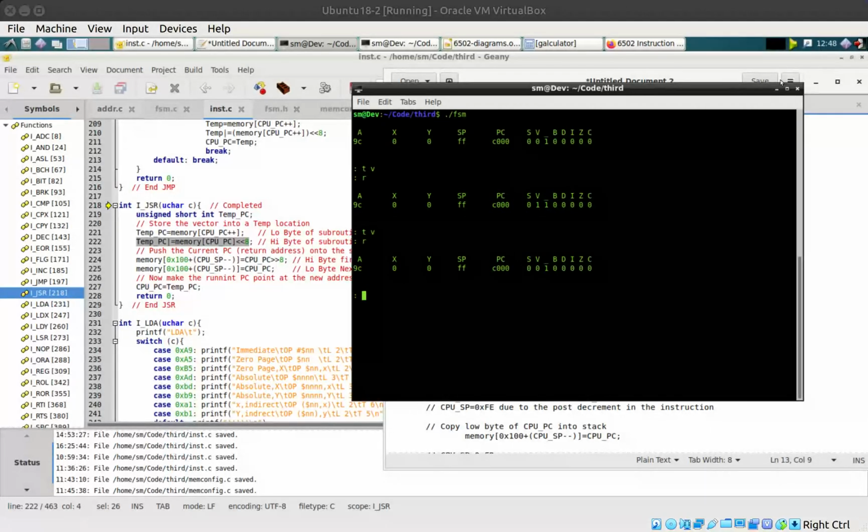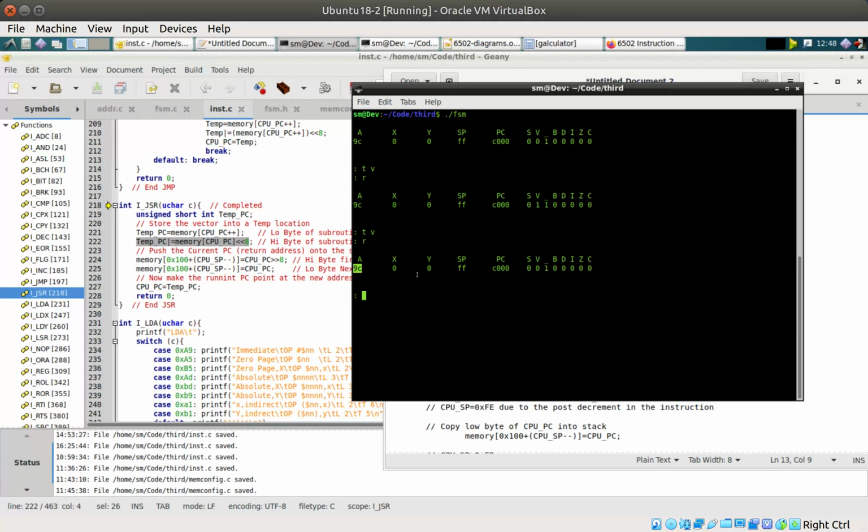Okay, so in the previous video we did a quick overview of what had changed within Phase 3. In this particular video what I'd like to look at is the specifics of one of the instructions that was written, which is the JSR instruction. But just as a quick recap, on startup the accumulator is set to 9C, the program counter points to C000,